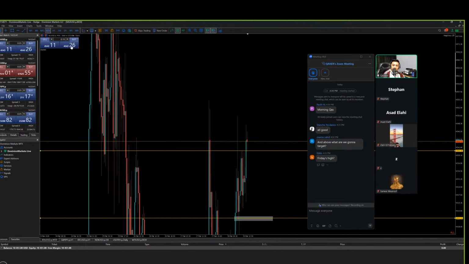And looking at my record, which is not good before the opening of the NY session, that is also bothering me right now. But it's a beautiful structure I can see. It's a beautiful structure, so I'm going to give my trade a chance if it's going to break above its own high. So that makes sense. I think it's going to tap to this area on the left-hand side,